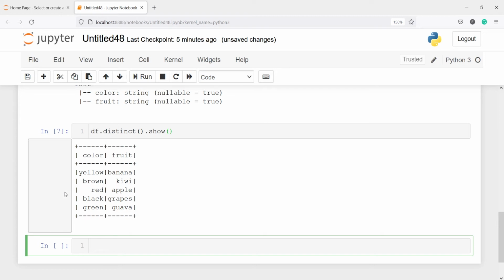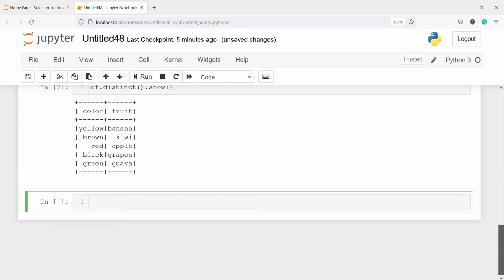Now we are going to convert this text into numbers using the string indexer. I'm going to make one variable, indexer. I will call the class StringIndexer, and inside this my first parameter will be inputCols, and I want to convert these two columns into numeric type.